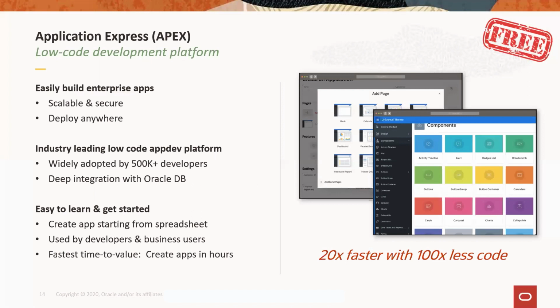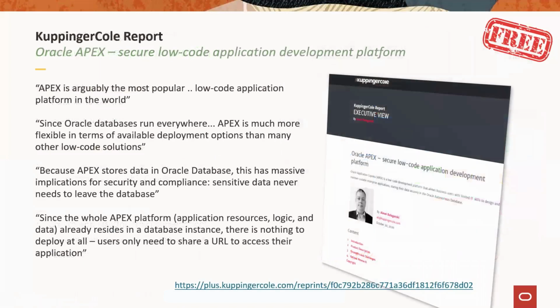So let's see, widely adopted, easy to learn. Let's take a look at an analyst report that just came out. And I like this report because it had a lot of very interesting statements that really highlight this. So this is the Coppinger-Cole report specifically on Oracle Application Express, a secure low-code application development platform. And here are a few quotes from that report. Apex is arguably the most popular low-code application platform in the world. And it kind of makes sense because